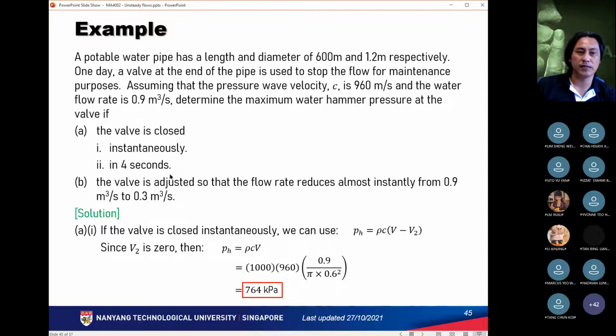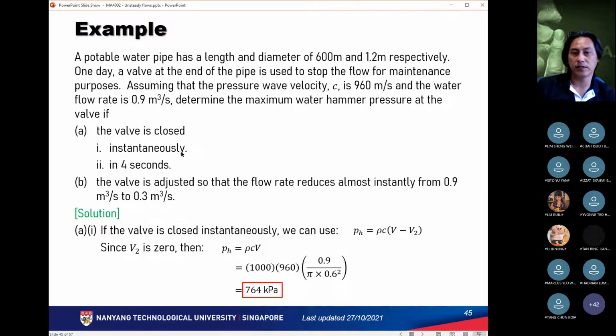Now, if the valve is closed instantaneously, we're going to get the maximum water hammer pressure. To get the absolute maximum water hammer pressure, we can make use of this very simple formula whereby water hammer pressure, pH, is nothing but the product of the fluid density, which is rho, the pressure wave velocity, which is C, and the difference in the velocity,